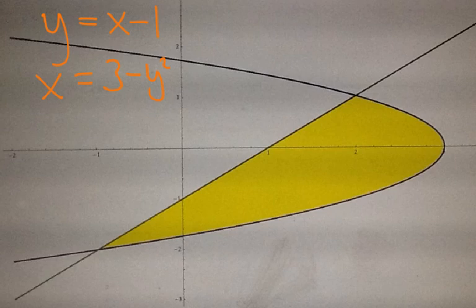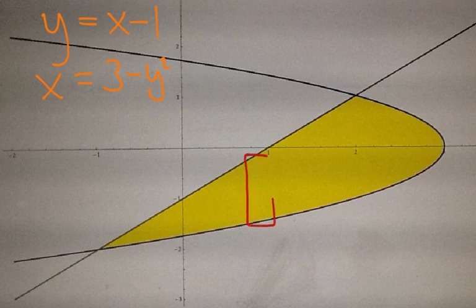Now let's take a look at another graph. This is going to be a slightly different situation here, and so we're going to want to try this with a slightly different technique. So take a look at this picture. We have the curves y equals x minus 1 and x equals 3 minus y squared. So we have a sleeping parabola here. And there are a couple different ways of approaching this problem, and one is going to be easier than the other. And if we do this with rectangles in our usual orientation,